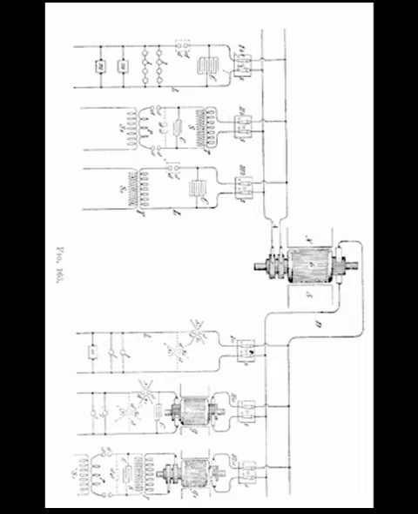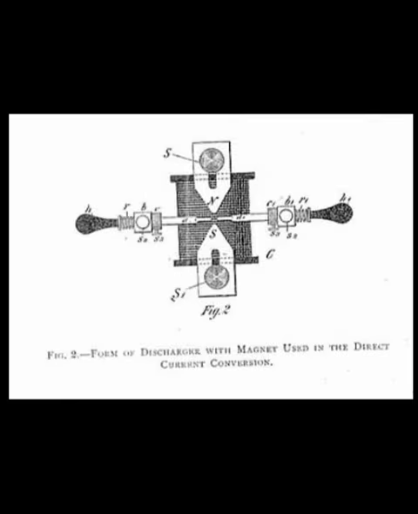The magnet is employed with special advantage in the conversion of direct currents, as it is then very effective. If the primary source is an alternate current generator, it is desirable, as I have stated on another occasion, that the frequency should be low, and that the current forming the arc be large in order to render the magnet more effective. A form of such discharger with a magnet which has been found convenient and adopted after some trials,